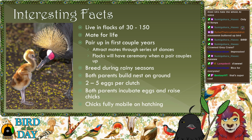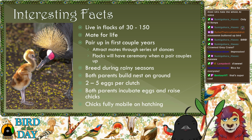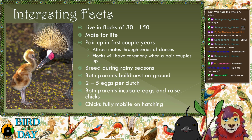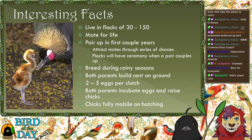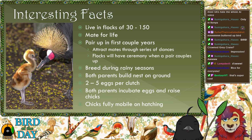And then once the babies are born, both parents are going to help take care of the babies. Now, they don't do a lot of, you see like baby sparrows or something, and the babies are going to be helpless for a few weeks, and the parents have to bring food to it. They don't do that. These babies, once they're born, they are fully mobile, and will start, the first couple days,